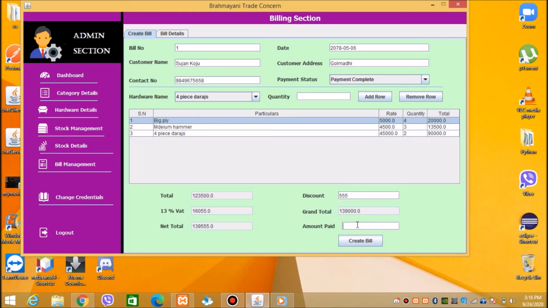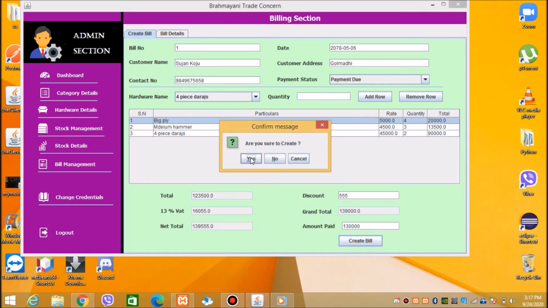Let me say amount 1,30,000. He paid 1,30,000 only, and then I will select payment status payment due because he has only paid 1,30,000 and still 9,000 is due to pay. So let me create a bill and yes,